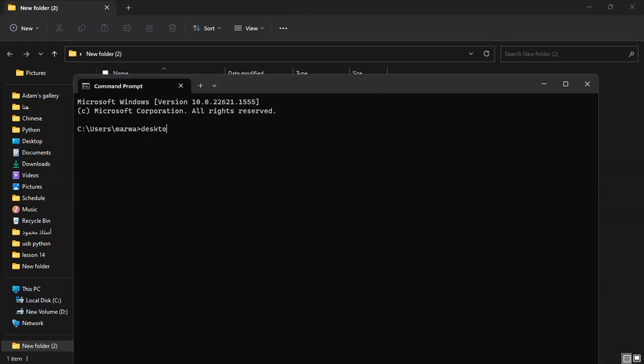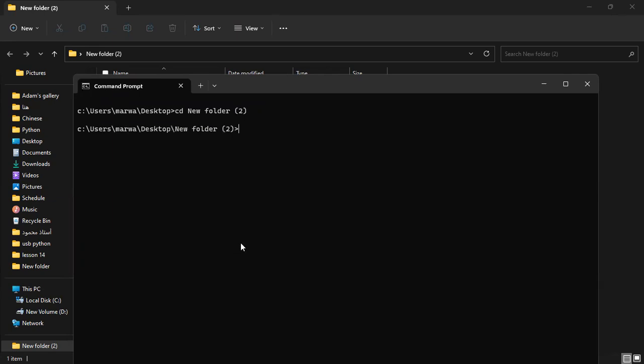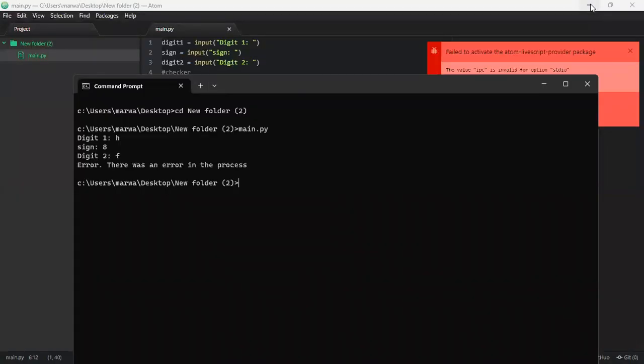So desktop, cd, new folder. Sorry, main.py, which is digit 1 in S, then the sign. And because the sign is incorrect, or there's no sign with it, it gives us